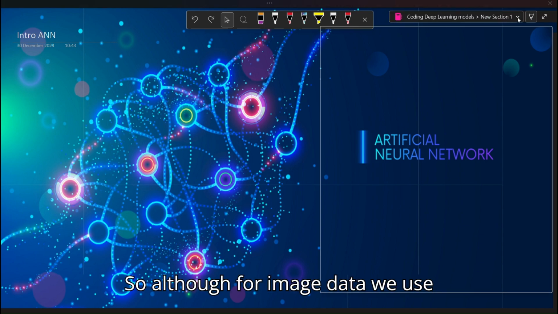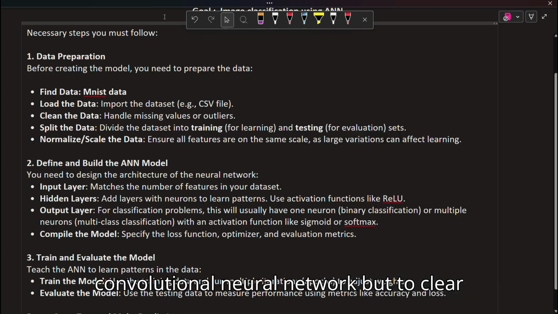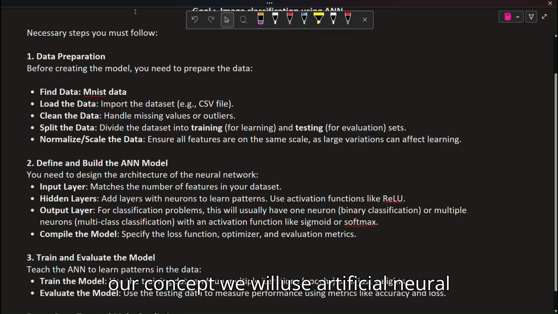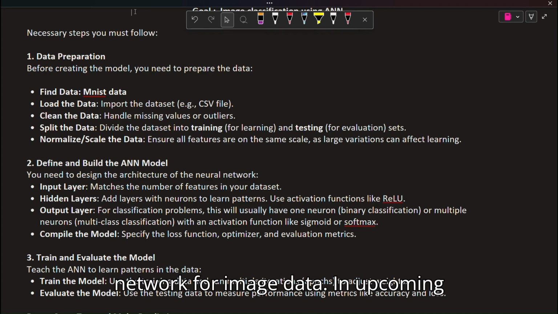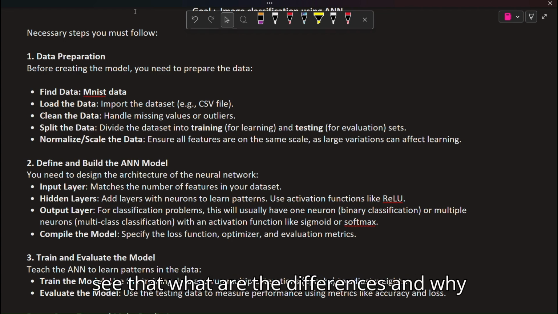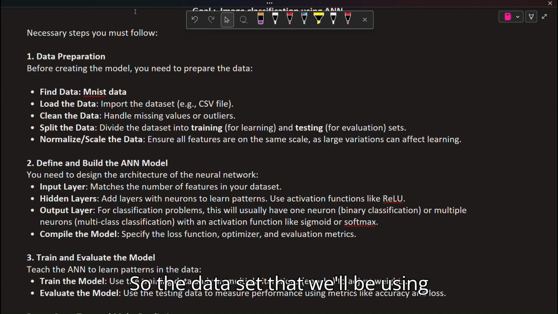Although for image data we use a convolutional neural network, to clear our concept, we will use an artificial neural network for image data. In upcoming videos, we will also use CNN for that, and we will compare the results between these two and see what the differences are and why we use CNN for image data. So the dataset that we'll be using is one of the most famous datasets in the machine learning and